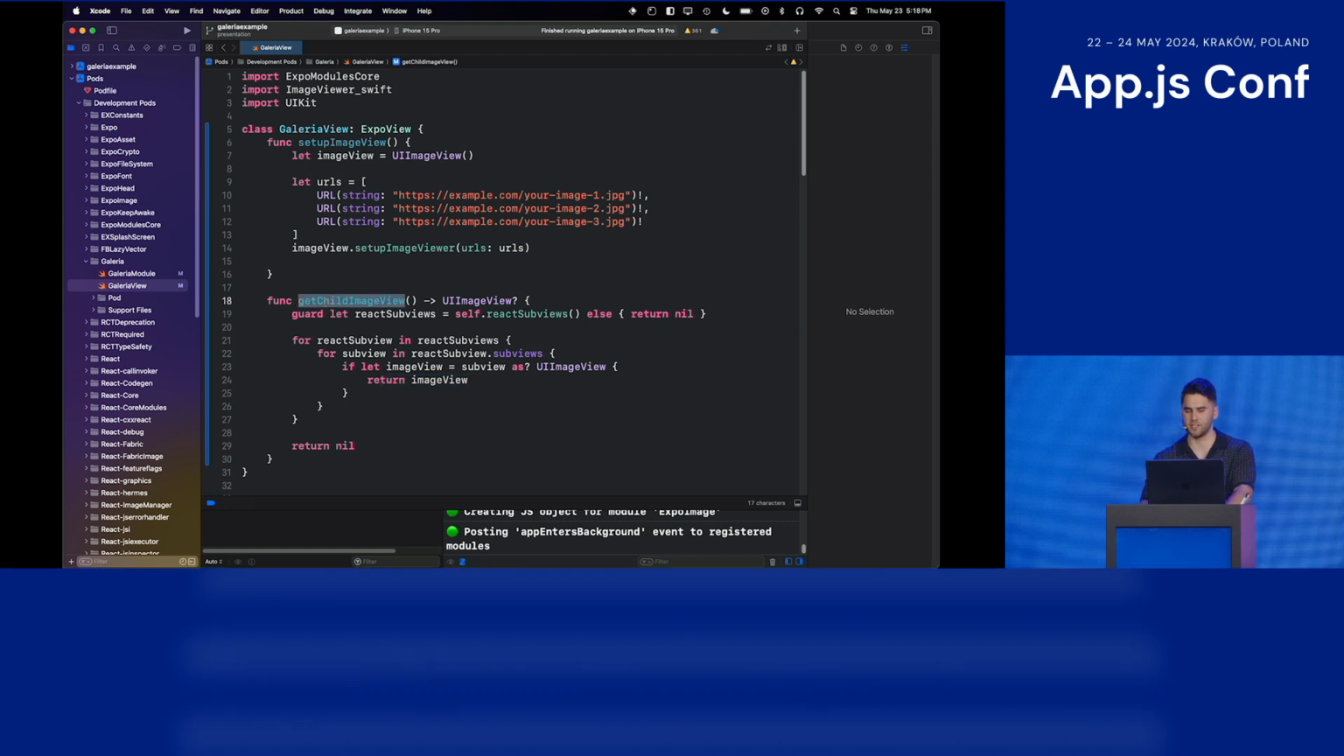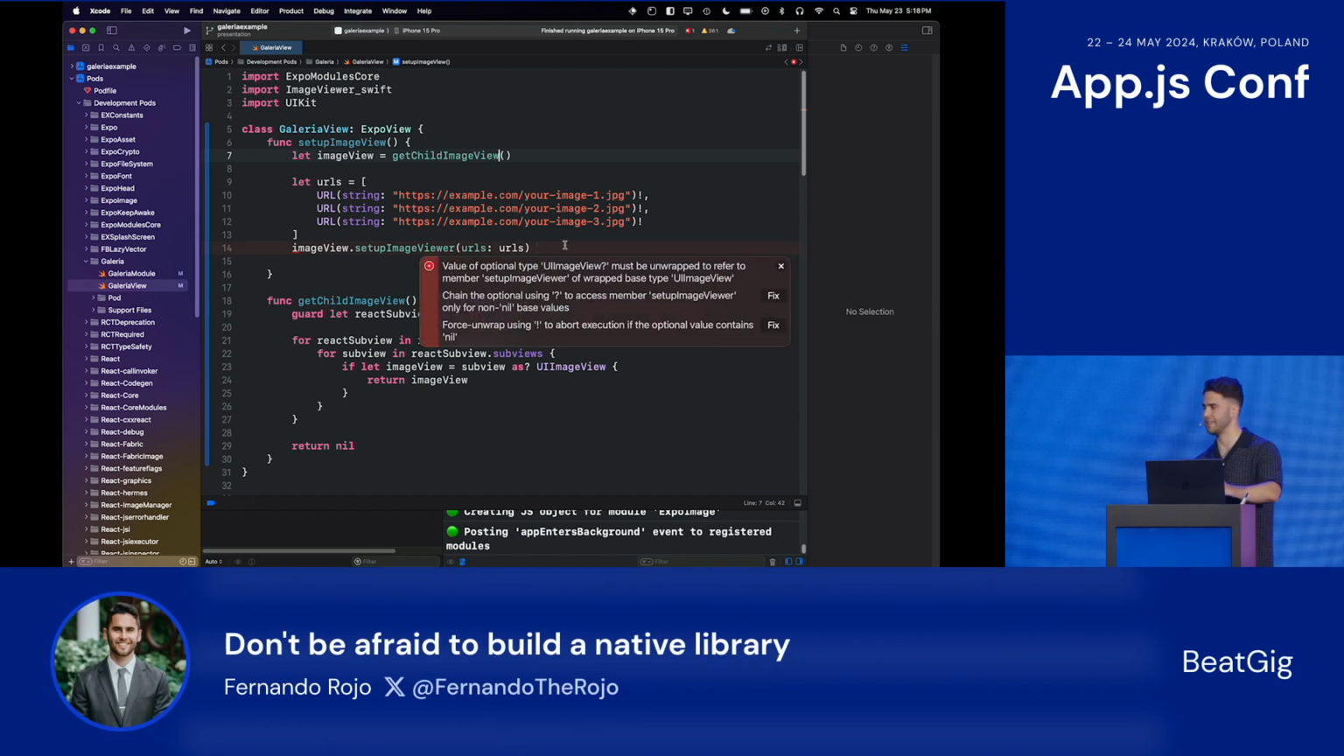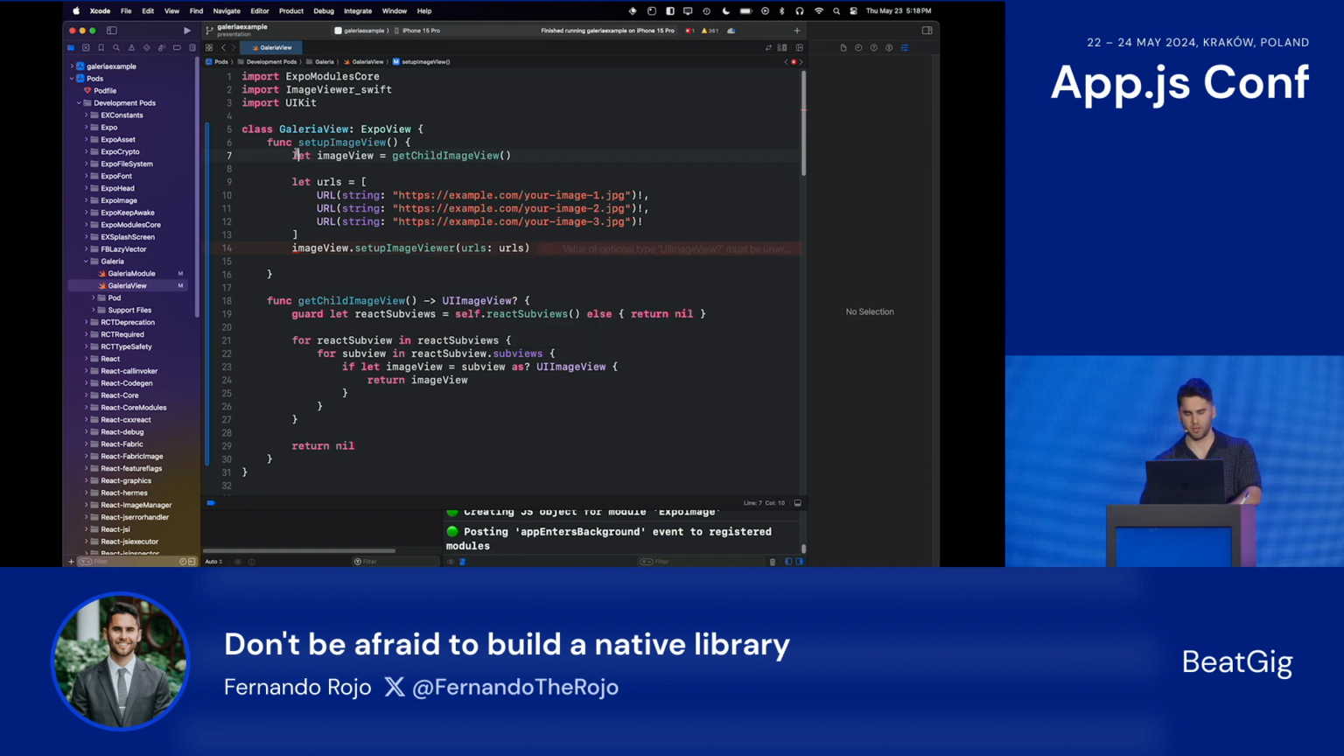Okay, so I'll go ahead and replace this creation of UIImageView with getChildImageView. And I get my first error. Well, it's upset that I haven't unwrapped this value, right? It's possibly optional. So I'll just go ahead and fix that by adding guard here and else return. This is a pretty nice feature of Swift coming from JavaScript. I like being able to declare a variable, and if it returns null, it just early returns, so none of